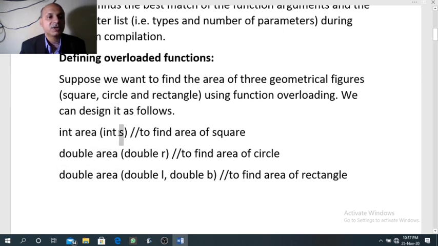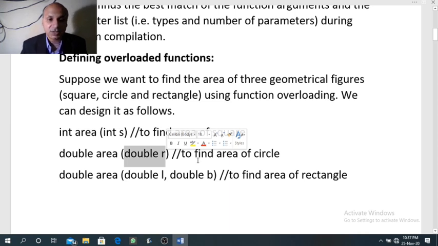Now first function is to find area of a square. So we need one side of the square, so one argument. To find area of circle, again we need radius of the circle, that is one argument. So in first function and second function you can see we need single argument.